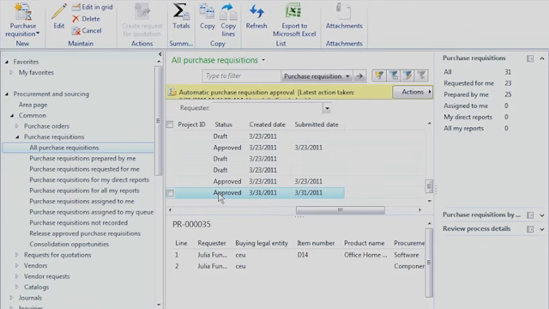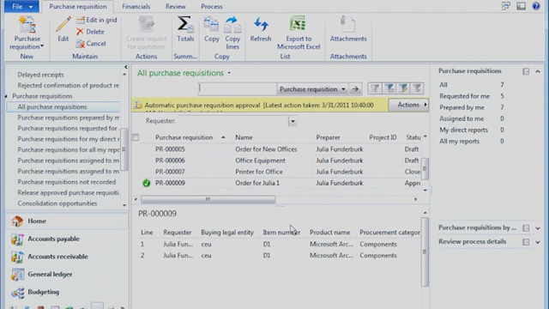That's, again, another behind-the-scenes functionality that's happening here as part of Microsoft Dynamics AX 2012 and is a key component of our capabilities for end users to order products and managers to approve products and purchasing professionals to be able to complete and move purchase requisitions onto purchase orders, all a part of Microsoft Dynamics AX 2012 supplier relationship management capabilities. Now that we have an approved purchase requisition, which has been approved by the manager, it's now in a